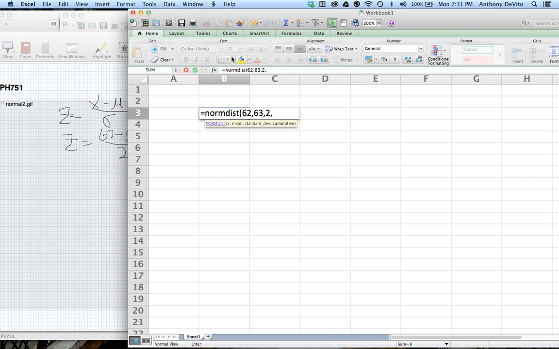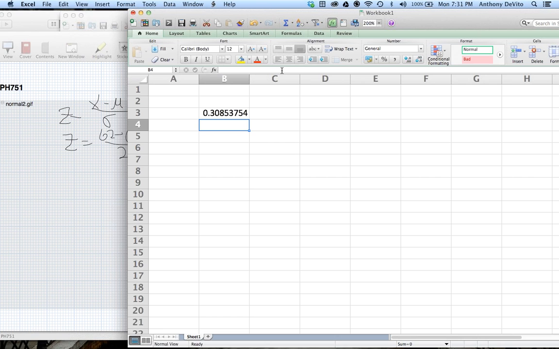Why does Excel put that in there? I have no clue. It returns something different if you put false there. It returns what the area would be if it were 1 unit wide. Okay, yeah. So it won't give you 0. Okay, so I'm going to type in true. Yeah, but again, that has even less meaning.